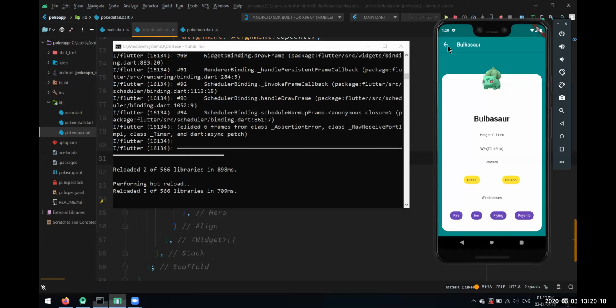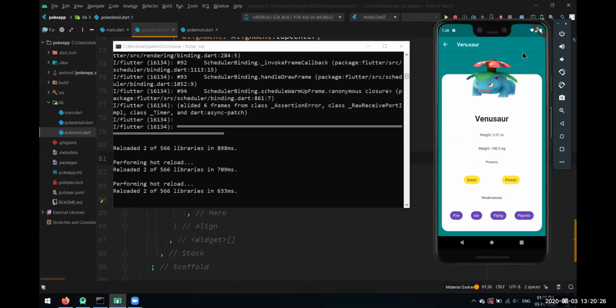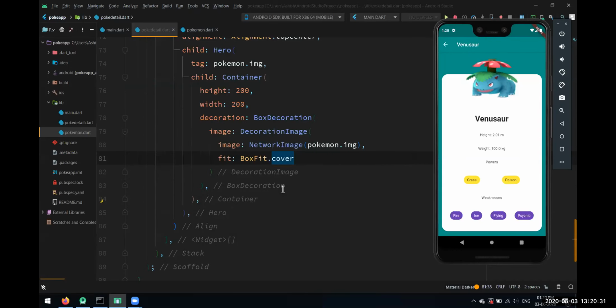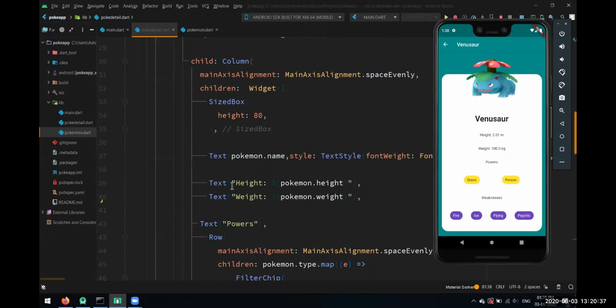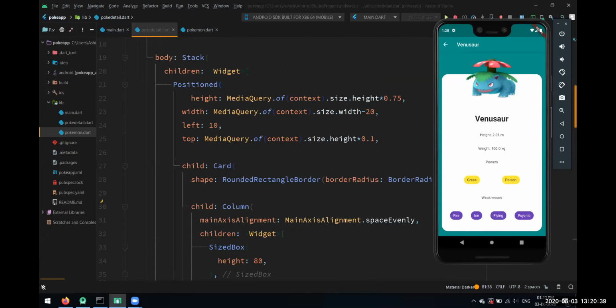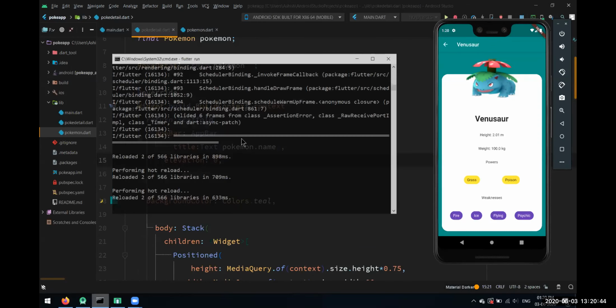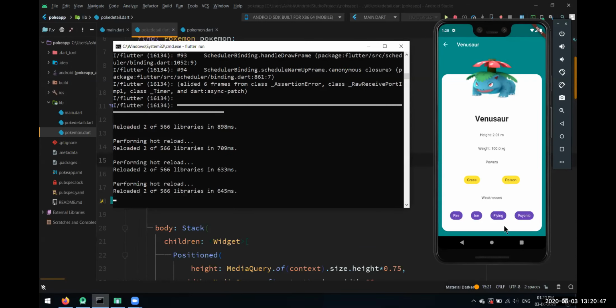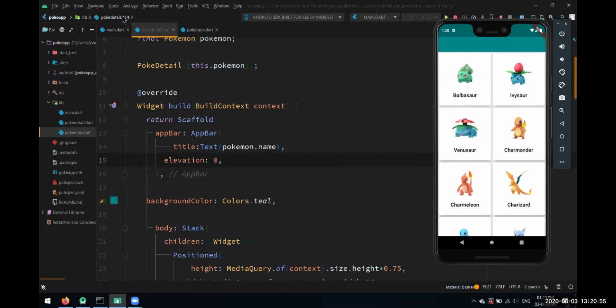See how whenever we are doing the transition, it is showing us that little piece of animation. One more thing we are not happy with is this elevation. This is looking separated. So let's remove the elevation of our app bar so that it will look uniform. Where is our app bar? Here in this app bar, we'll specify elevation as 0 so that we don't get that black strip over there. Now it is looking uniform and fine, I think. So yeah, this is fine. Let's give this first page app bar a name.